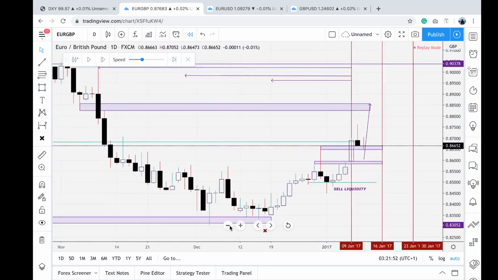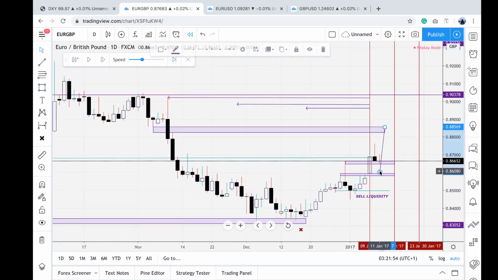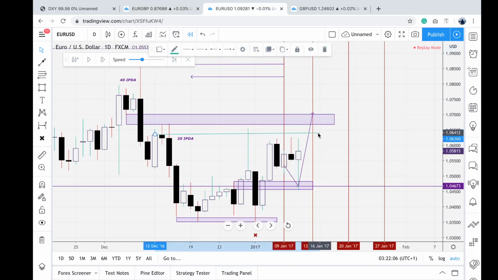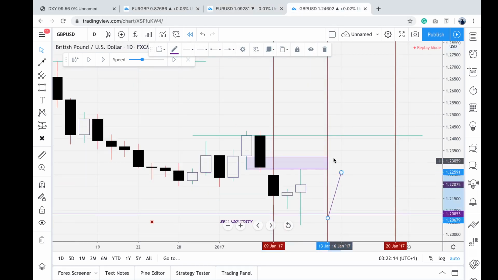All right, so what we're looking for is support of this level, into that level. Premium array target on euro pound, euro dollar. We want to see price reach our first target objective, which is a 20-day IPD high, where liquidity will be resting. And then for British pound USD, the next target obviously would be